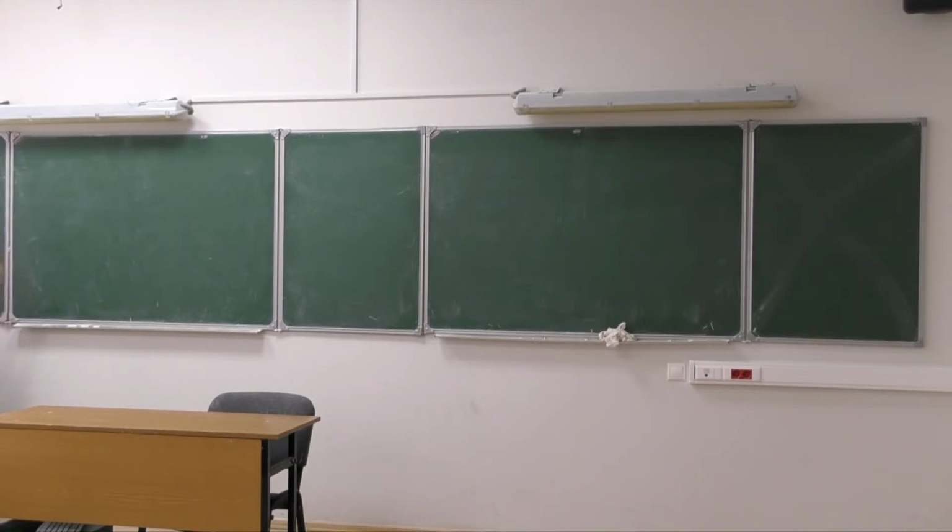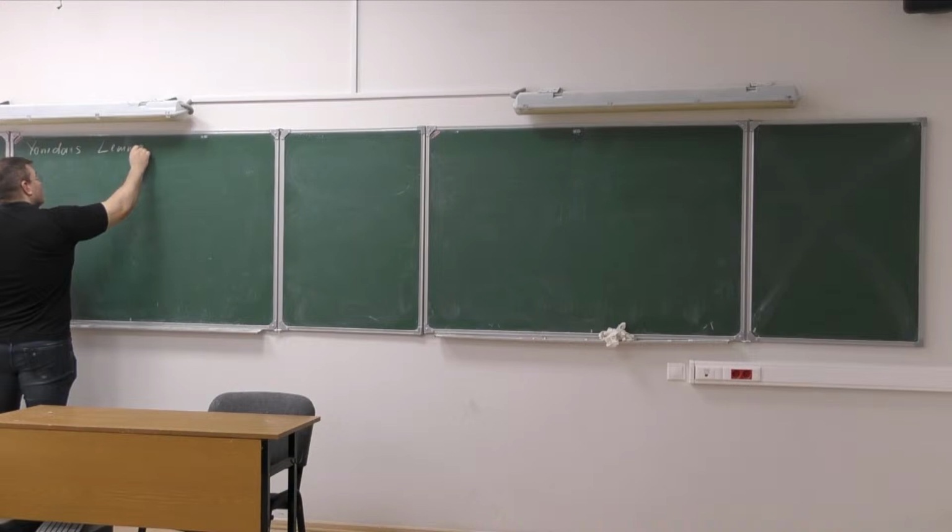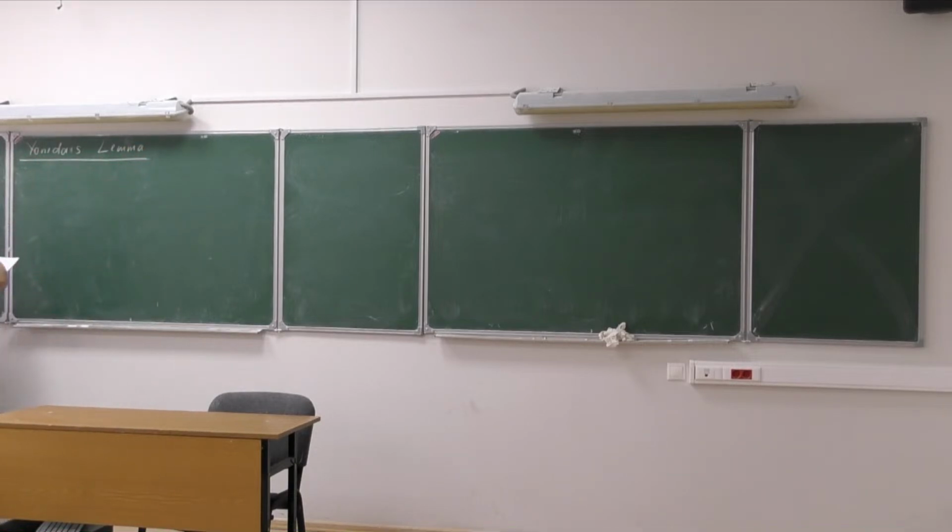Okay, so we continue natural transformations, and the first thing we're going to discuss today is the Diomedes lemma. It's one very famous and important statement from category theory. So I assume that I have C, some category, so C is a category,